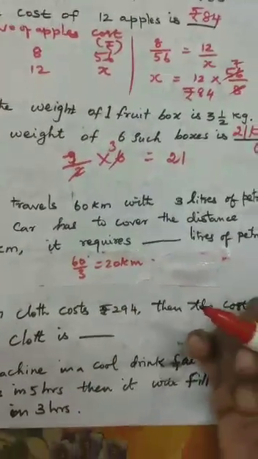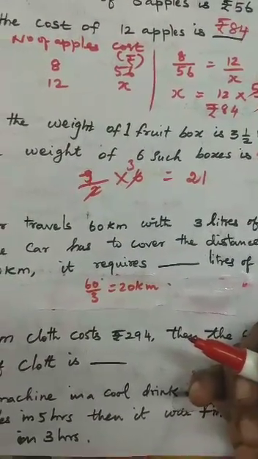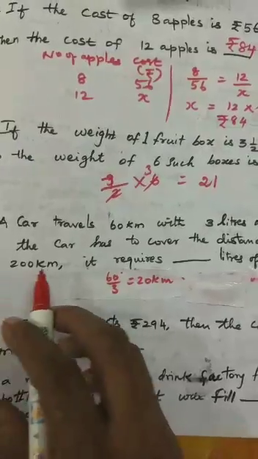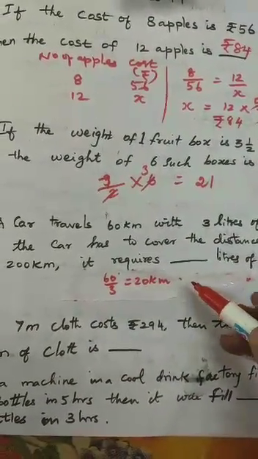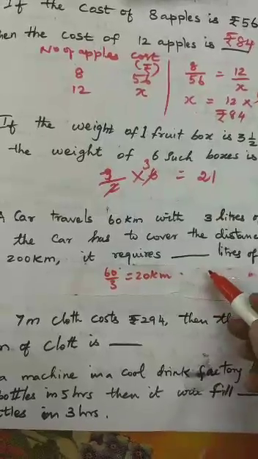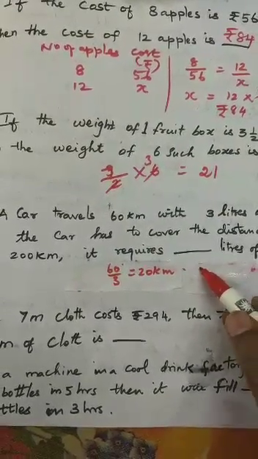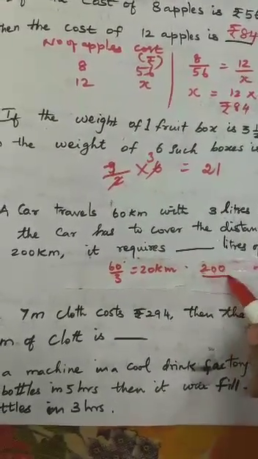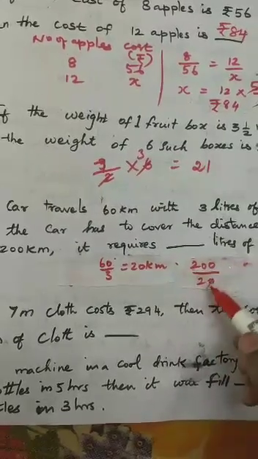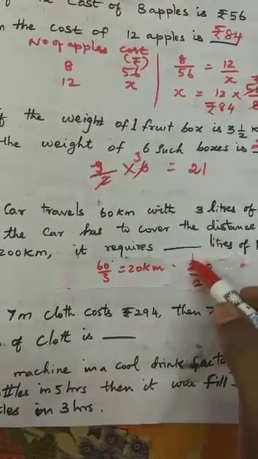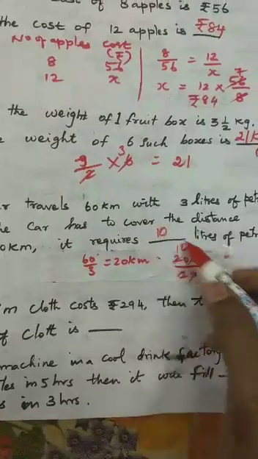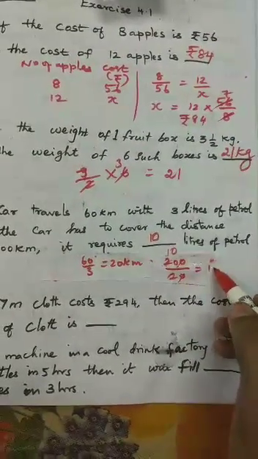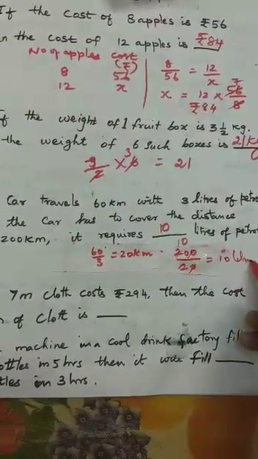Then you have to calculate for 200 kilometer how many liters you have to use. So, 200 divided by 20, and you cancel, it will come as 10. So we need 10 liters of petrol to cover 200